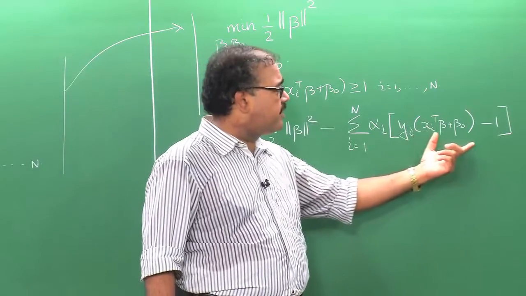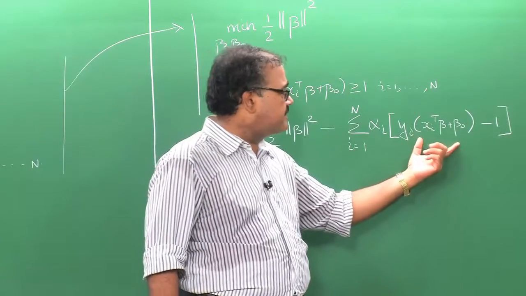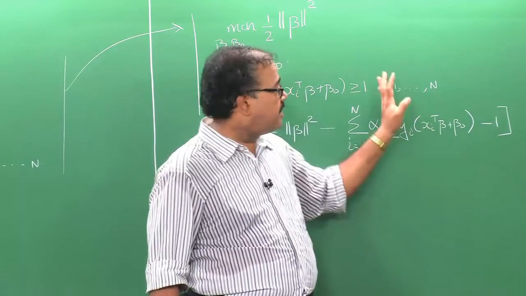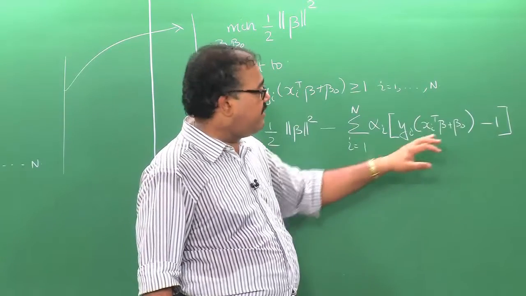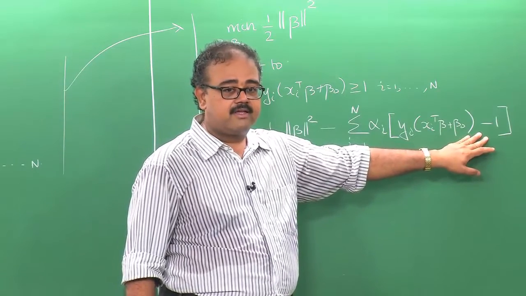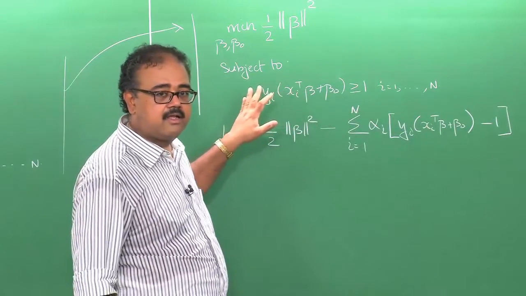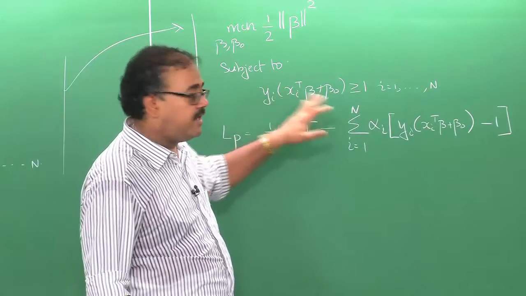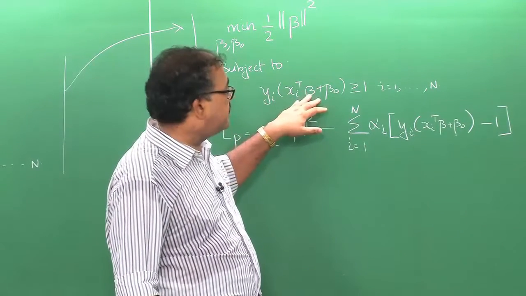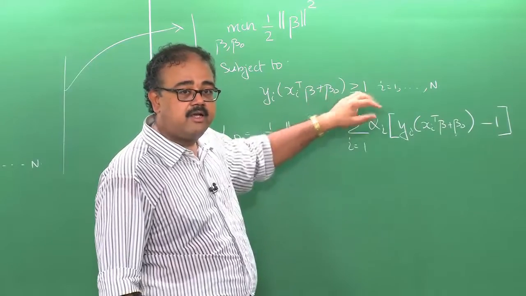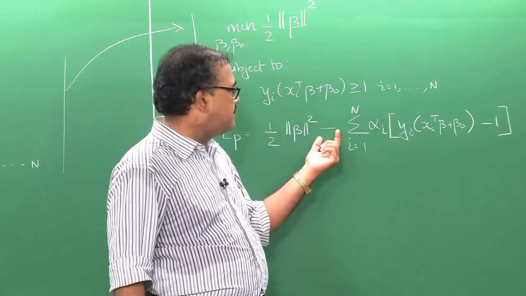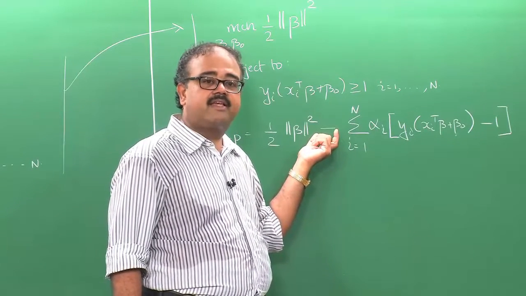Okay. So, if you look at this quantity in the square brackets here, you can see that this is the term on the left hand side of the inequality and that is the term on the right hand side of the inequality, right. And we really want to make sure that this difference is not negative. If this difference is negative, then that would mean that yi times xi transpose beta plus beta naught is actually less than 1, right. We do not want this to be negative. So, we add it here with a minus sign, right.